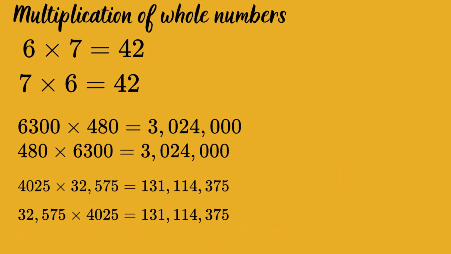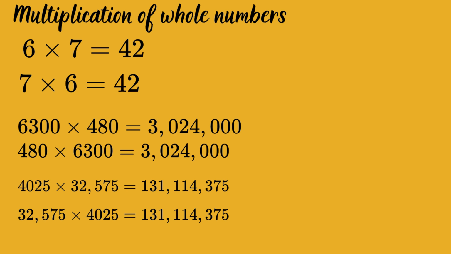Now, let's look at the commutative property of multiplication of whole numbers. Now, let's take the example of two whole numbers, 6 and 7. When we multiply these numbers, we get the product as 42. 6 into 7 is 42. Now, when we change the order and we put 7 first and we multiply 7 into 6, also we get